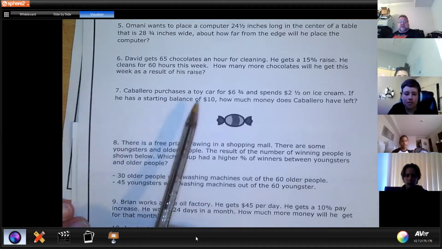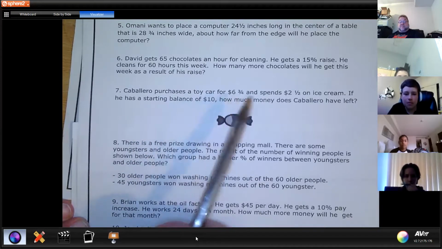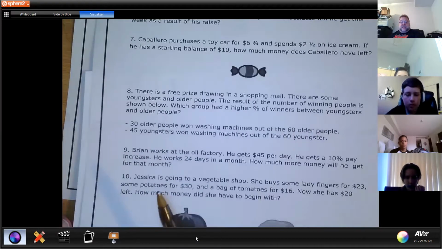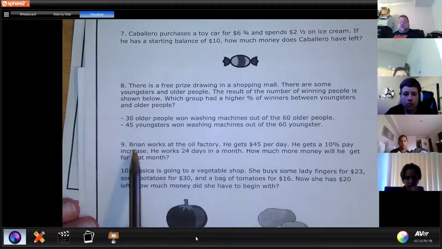Here's some other ones here. He purchased a toy car, spent this much on ice cream. How much does he have left? And so you can see that these are, again, some